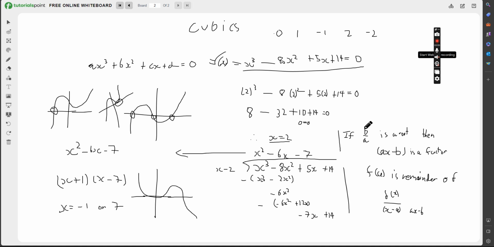Whereas if the factor theorem comes up, this can just be solving a cubic normally. But that's normally all you'll get in a question. Hope that's